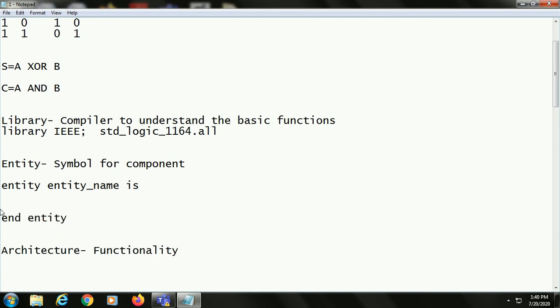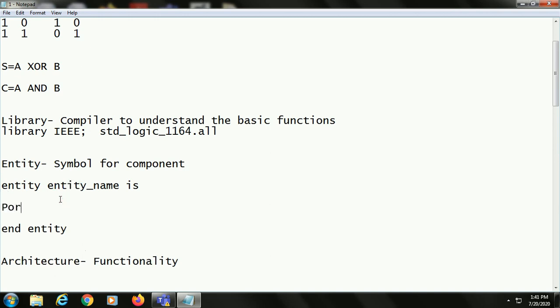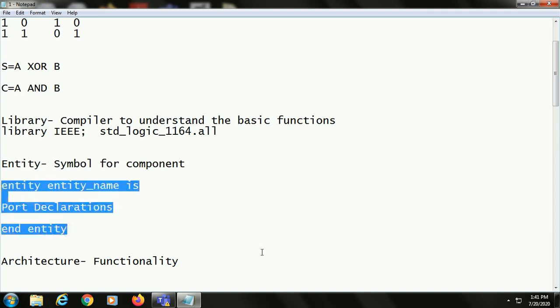So here entity and end, these two are the keywords, right? And entity name is user defined. You can give any name in this place here. And inside the entity we are defining the port declarations. What is the meaning of port declarations? It means in this entity part we are going to declare the input ports and the output ports. So while writing the program we will see in detail this syntax.